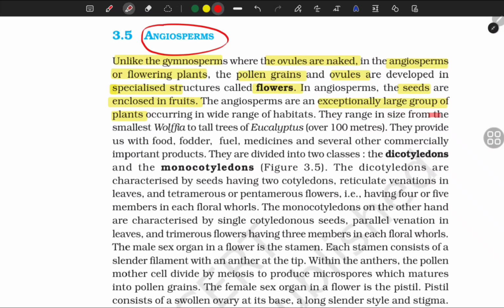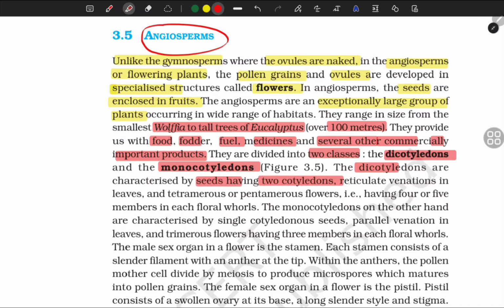They range in size from the smallest Wolffia to tall trees, Eucalyptus, over 100 meters. They provide us with food, fodder, fuel, medicines, and several other commercially important products. They are divided into two classes, dicotyledons and monocotyledons. The dicots are characterized by seeds having two cotyledons,